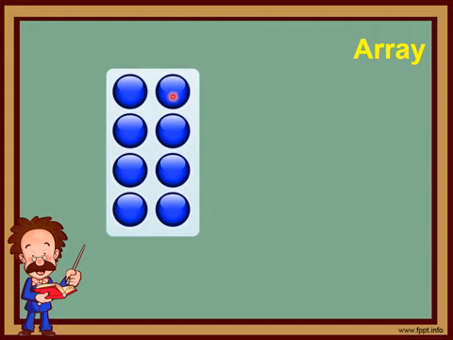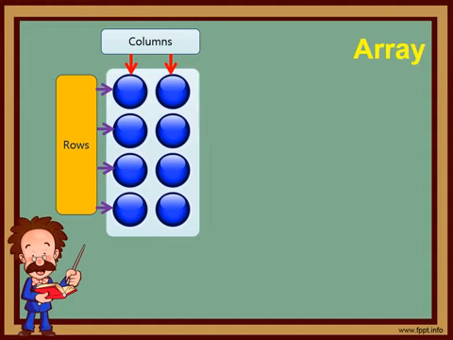So what do we call this? Do you remember? Yes, these are called rows. Row, row, and this is a row. So how many rows do we have? 1, 2, 3, 4. Okay, and we arrange them too, what do we call these? We call them columns. How many columns do we have? We have 2 columns. So how many rows? We said, you remember? Yes, 4 rows. How many columns? Yes,